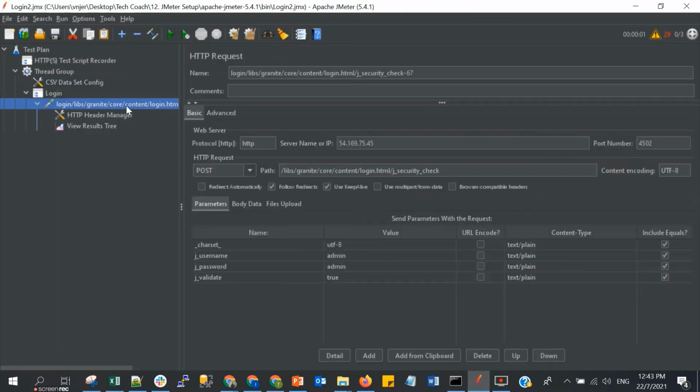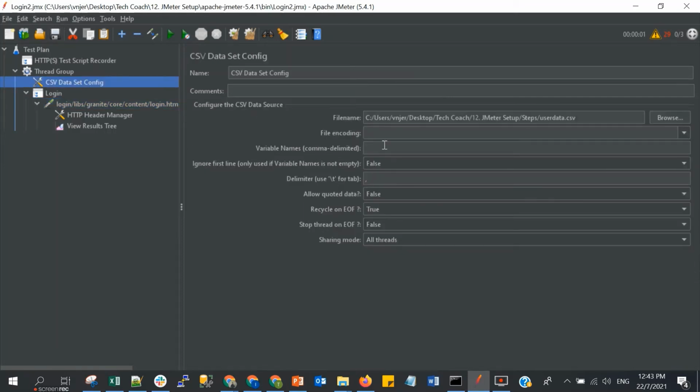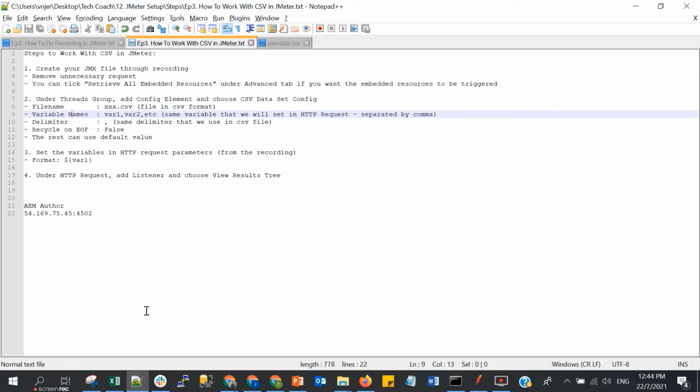For variable names, we can follow this: charset, username, password, and validate. Okay, delimiter can be comma. Recycle on end of file, we can just put false. Okay, this is fine. So we have done our second step.